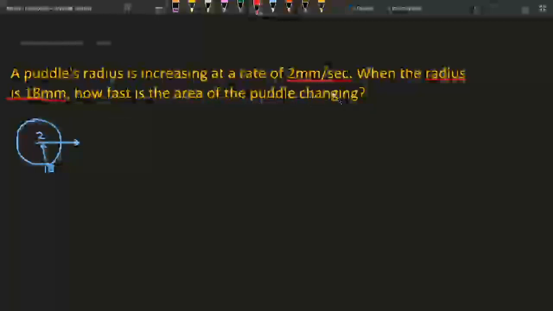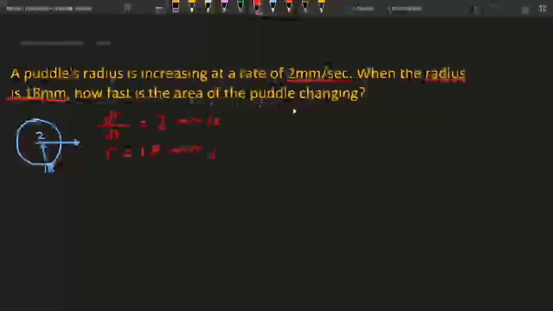So let's write down our givens first. So this might not make sense now, but the puddle's radius is increasing at a rate of 2 millimeters per second. So radius can be represented by r. So this might not make sense now, and it'll make sense later, but dr/dt is equal to 2 millimeters per second. And then when the radius is 18, so when r equals 18 millimeters,